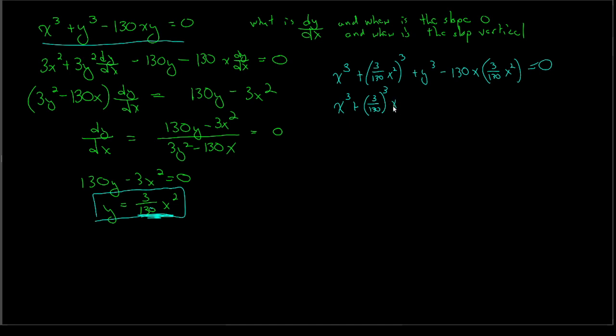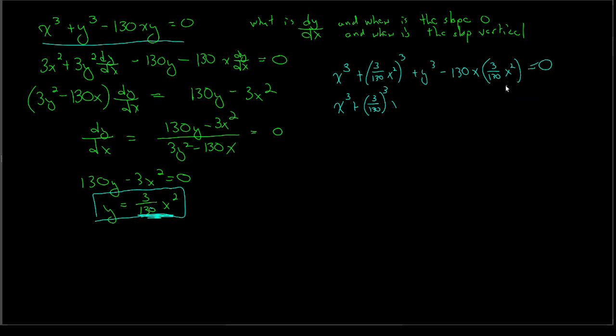And x squared cubed is x to the 6th. Whoops, I added this extra y cubed here, I'm sorry. This part here is y cubed, so I'll scratch that out. Minus 130x times x squared is,